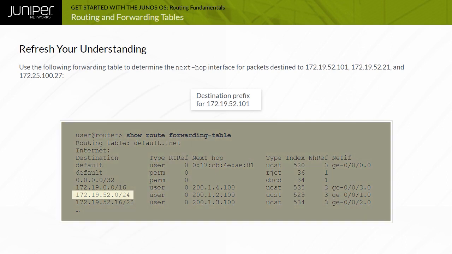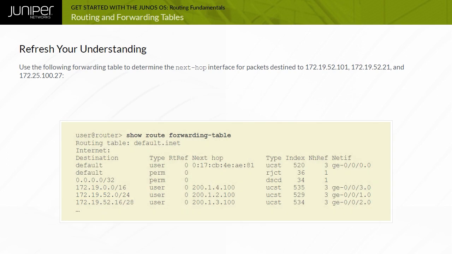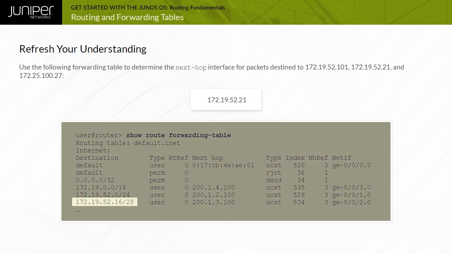172.19.52.101 is the 172.19.52.0/24 destination prefix. The next hop interface associated with this destination prefix is GE0/0/1.0. The most specific forwarding entry matching packets destined to 172.19.52.21 is the 172.19.52.16/28 destination prefix. The next hop interface associated with this destination prefix is